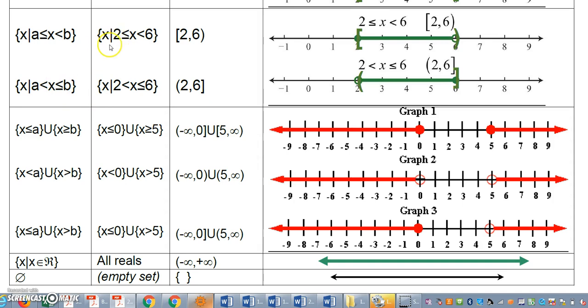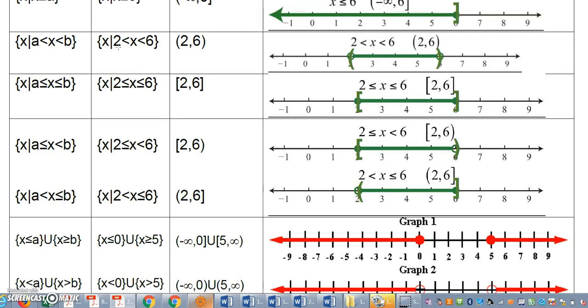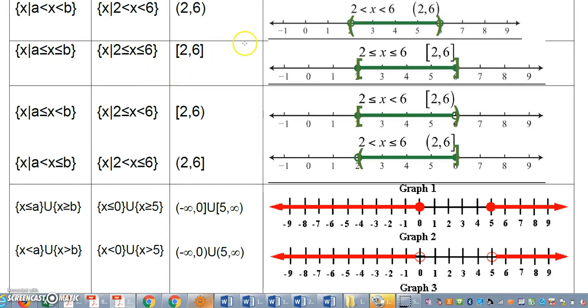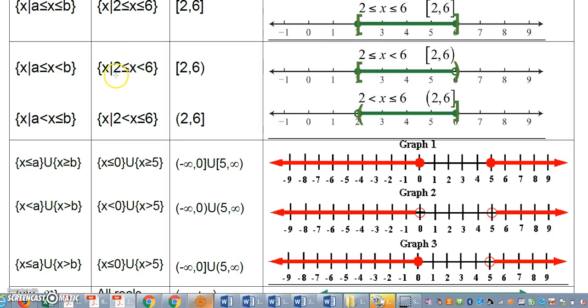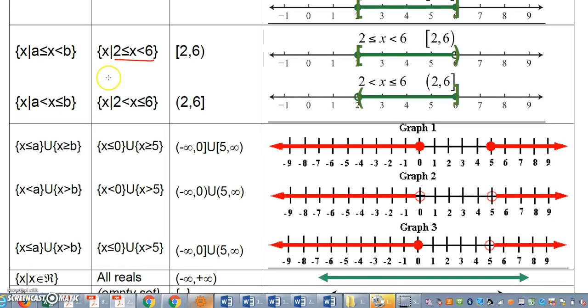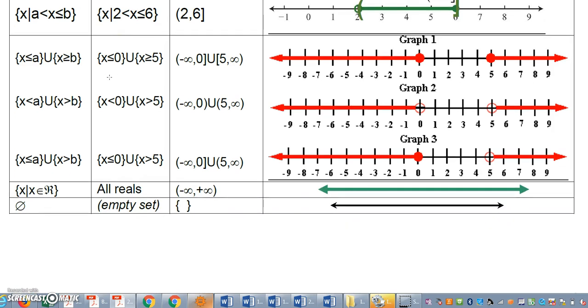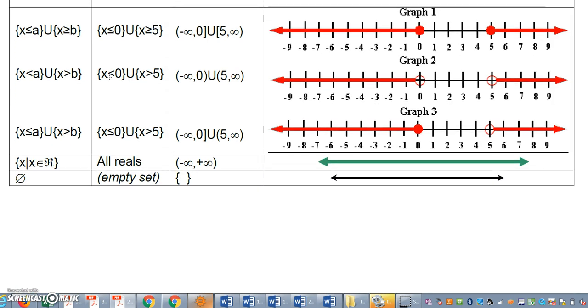Now, these actually are considered to be compound inequalities. These 4 that I just did are compound inequalities because they could be represented with 2 inequalities. When you look at this, this is really 2 inequalities in one. It's x is greater than or equal to 2 and x is less than 6. But some compound inequalities you can't represent the way I represented those. So for instance, what if I wanted to represent the solution set that falls outside of a region involving 2